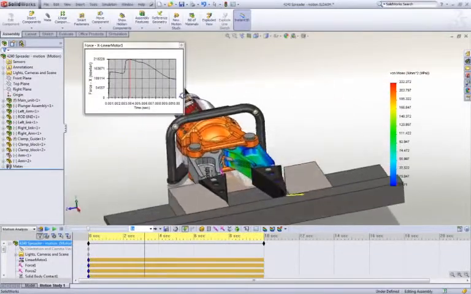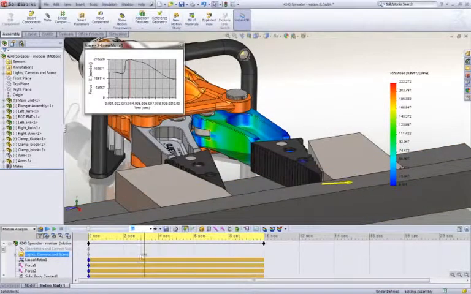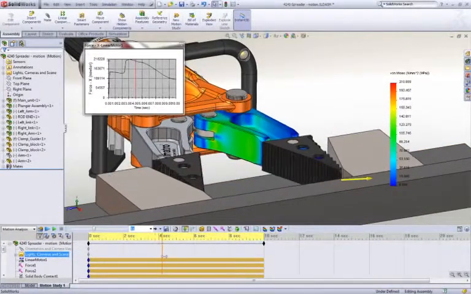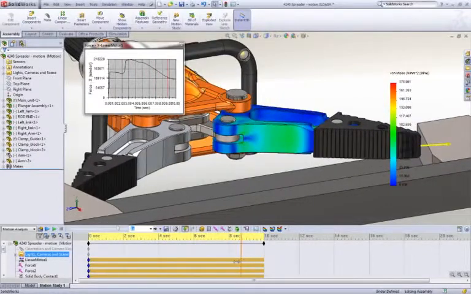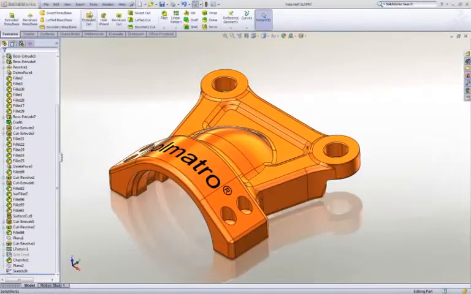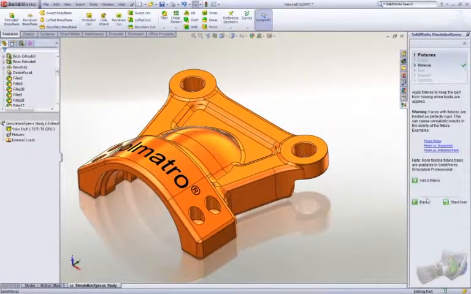Let's now focus in more detail on the structural aspects of our design with SOLIDWORKS simulation. If we're concerned about parts failing, deflecting too much, or reducing weight, this is the tool for the job. Simulation can be used from the part level all the way up to the complete assembly to easily identify if the design will meet our needs.